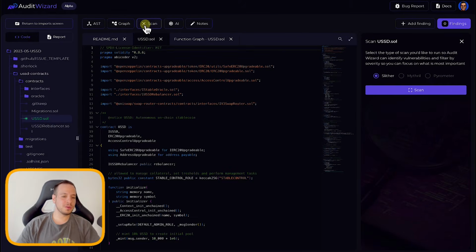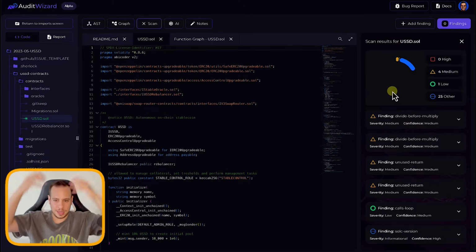Now, another super useful tool is the scan feature. Currently they support only Slither, but they're going to add Mythril and Pyrometer later on. Slither is a static analyzer. If you don't know what it is, please check out the other video where I have a complete tutorial about Slither. So they integrated Slither into the platform. In just one click, you can click scan here, and like magic,